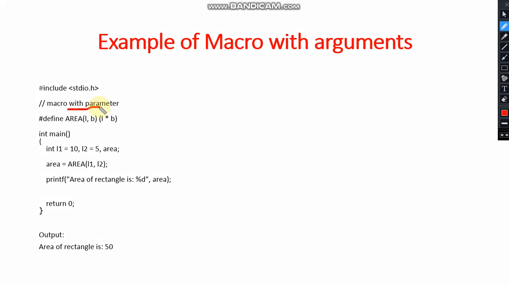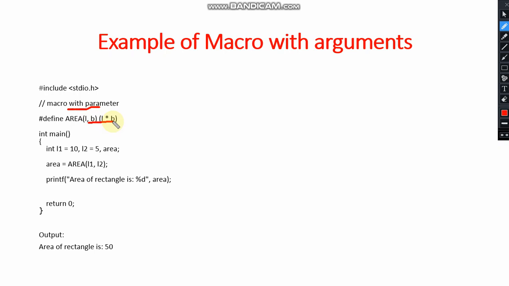Then I have written #define AREA(L,B) L*B. Let me explain it. We are defining a macro named AREA. L and B shall be the arguments, L for length and B for breadth of a rectangle. Then the value returned by the macro shall be L multiplied by B, that is length multiplied by breadth, which is the formula for calculating the area of a rectangle.